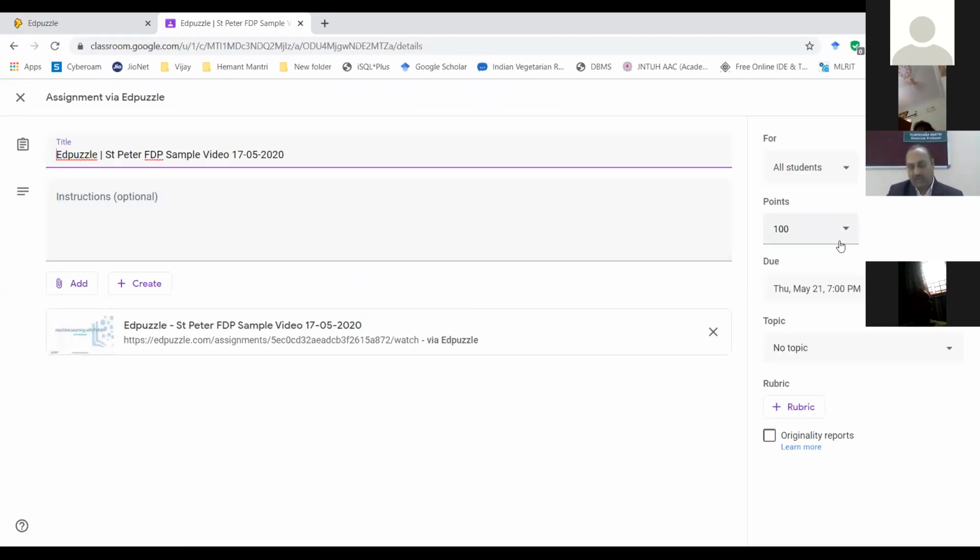Once you work with Google Classroom, you will get all this idea in full depth. But this is not the basic concept I am showing you here. It's not the minimum thing I am showing. Actually, a lot of things are there. I can give the grading, due date. You can assign to some topic. You can create the topics.